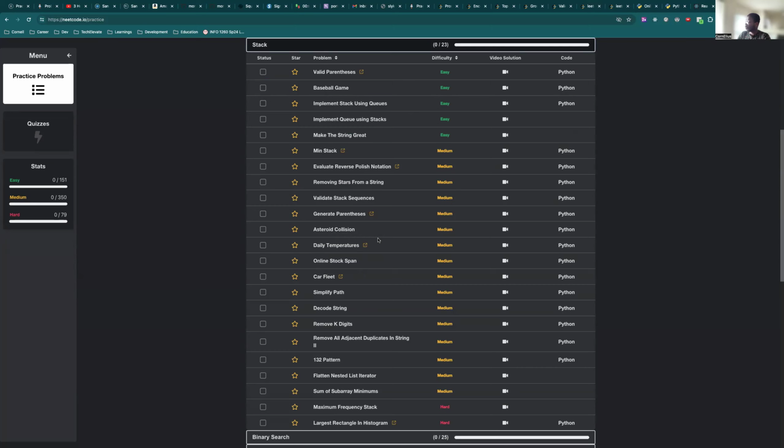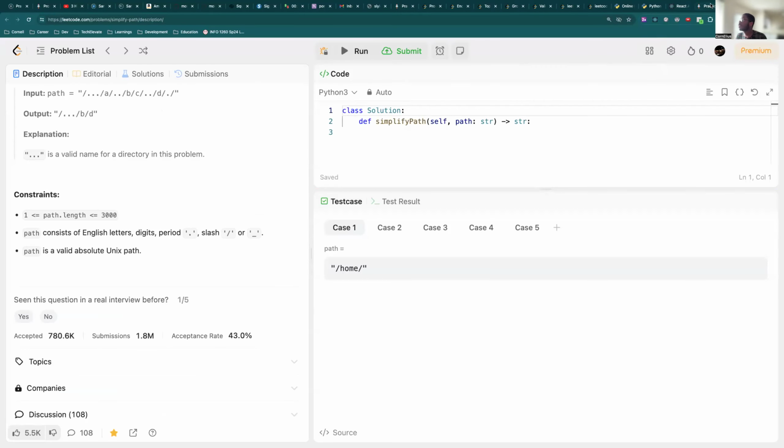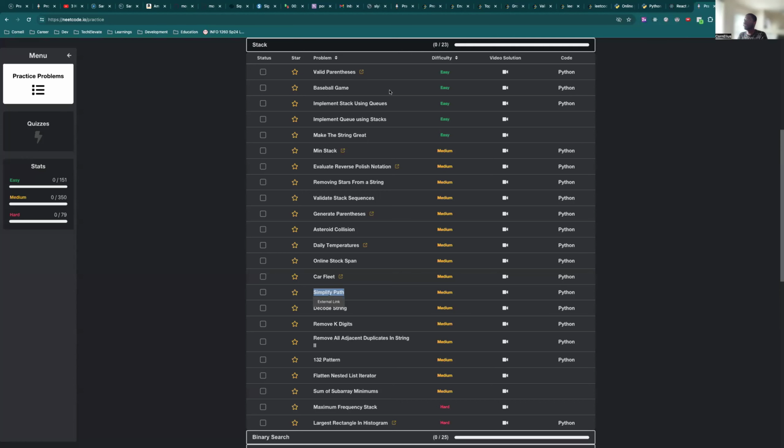If I'm going to be honest with you, my first internship at Facebook, the question I got was a stack question. I can show you one. I got a question similar to this, Simplify Path. LeetCode medium has expired, so I can't show you the full question. It's a very popular question, to be honest. Stacks are so imperative, you see how important they are. Valid Parentheses, I know people go into Microsoft with this question. All right, so please solve them.